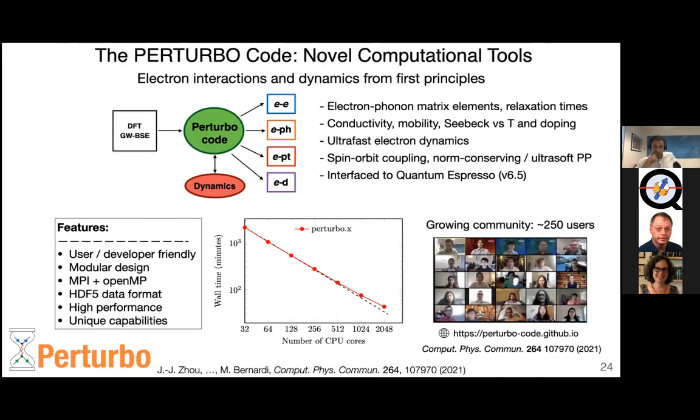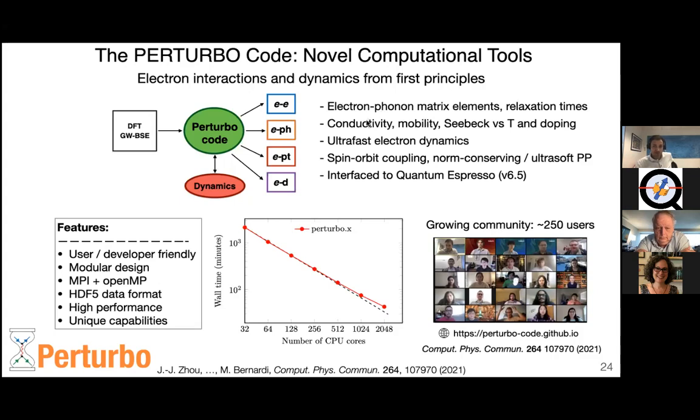Now, I've come to the end of my talk. I'm going to show just two more slides. One, I would like to highlight our development of Perturbo as an open source code to study electron interactions and dynamics from first principles. Using the current release of this code, one can compute electron phonon